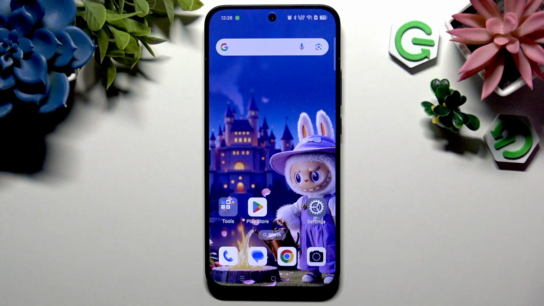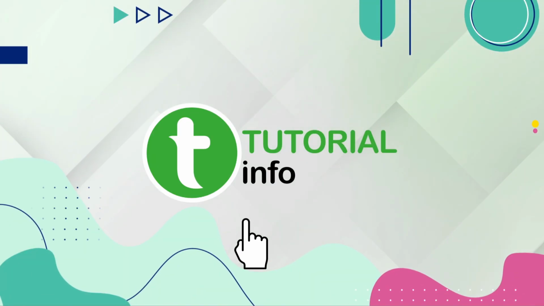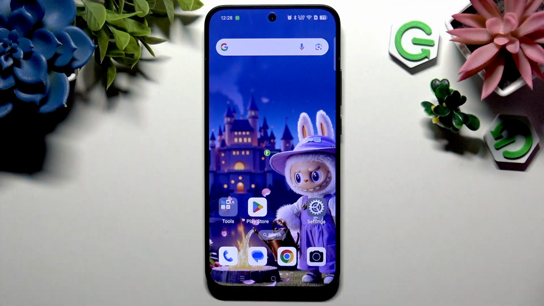In front of me is OPPO Reno 13 and today I would like to show you how you can turn on or turn off app notifications. If you are getting tired of annoying pop-ups on your OPPO, here's how to take control over notification settings. Don't worry, I tested it before on this and many other OPPO devices, so I can assure you it will